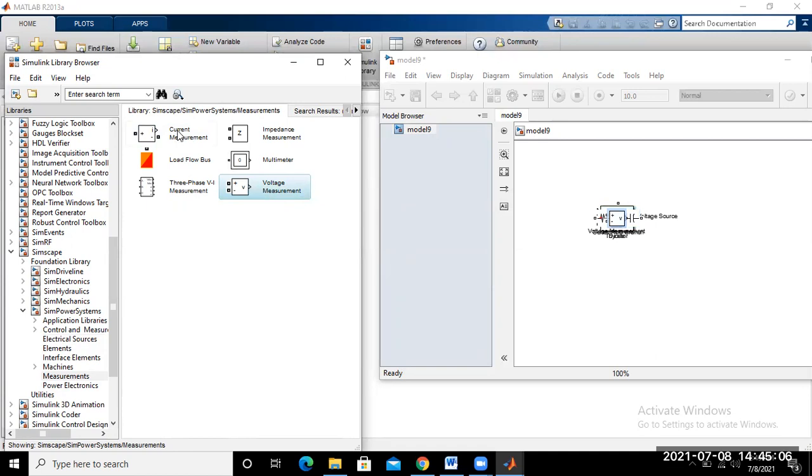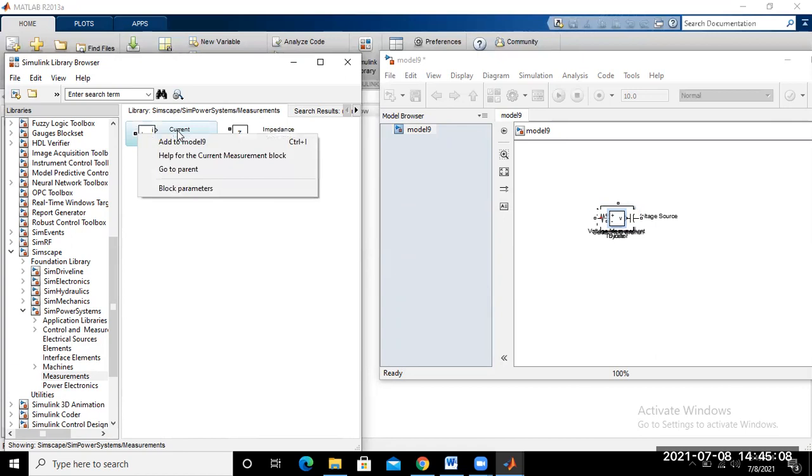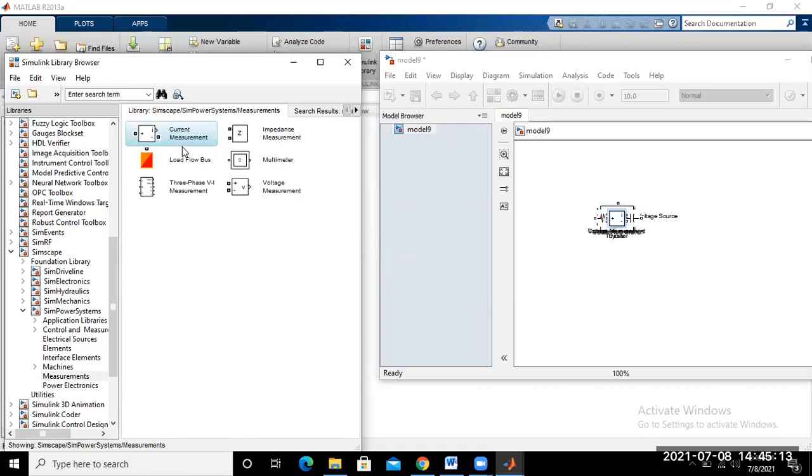Next is your current measurement for the ammeter. So just add one ammeter here. Now, any more requirement? One is your powergui for the operation of the power system.